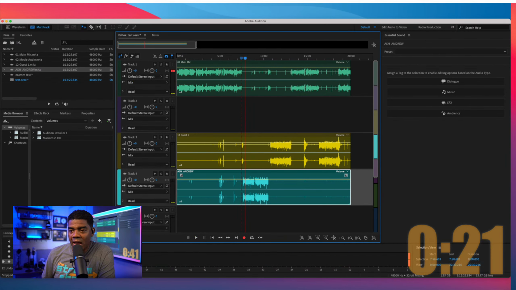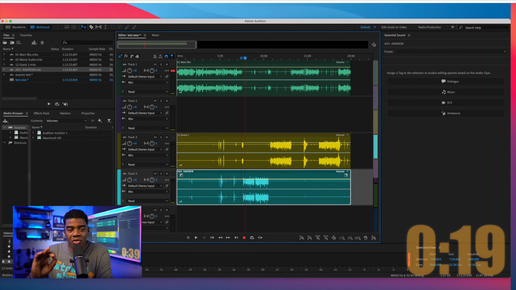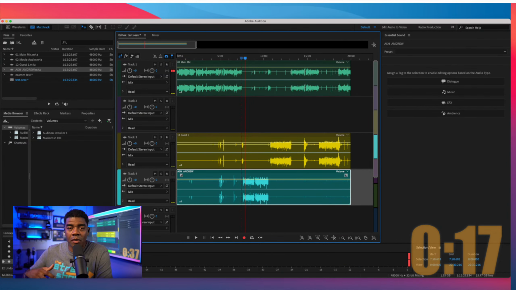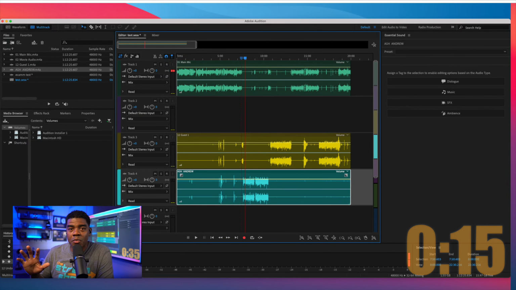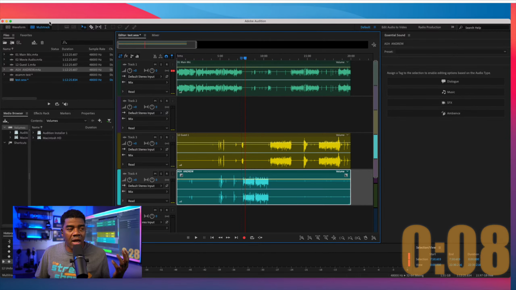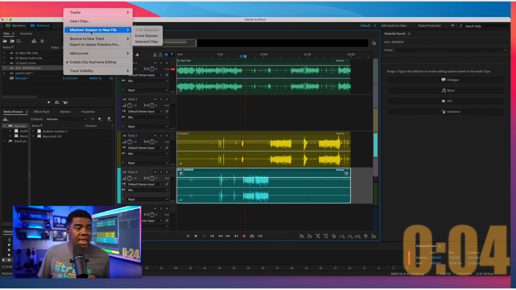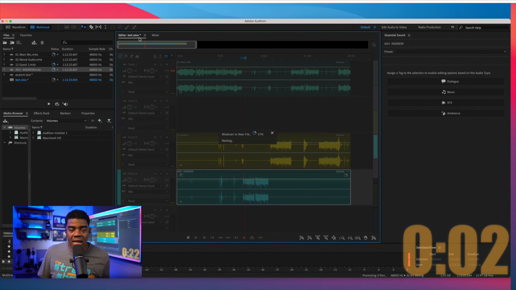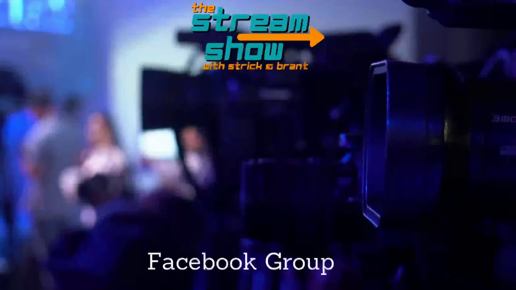You can see how I'm able to go into each track, and all I did was turn up the volume on each one. But there's so much more you can do with compression, with effects, with delays when you have these individual tracks. So all I have to do at this point is actually go to multi-track, and then I can set the entire section and